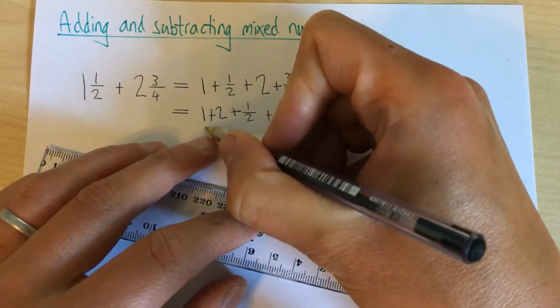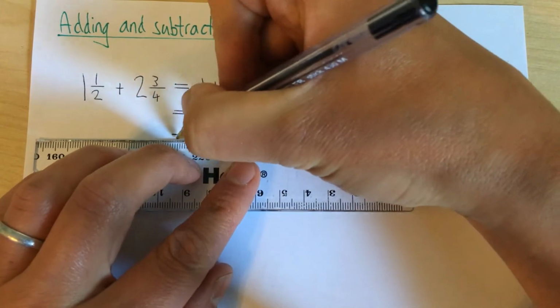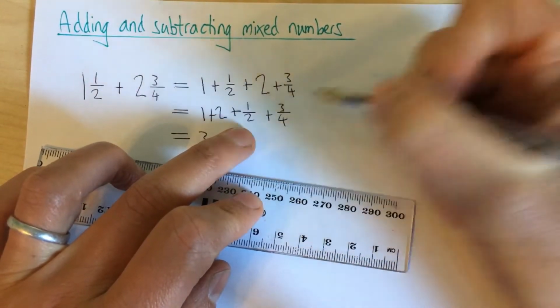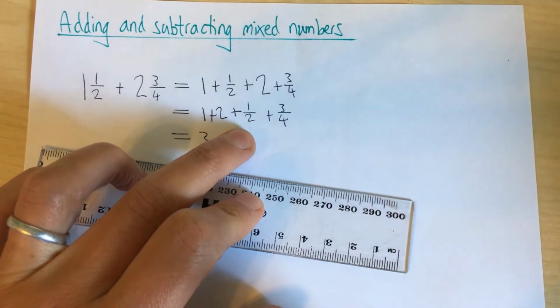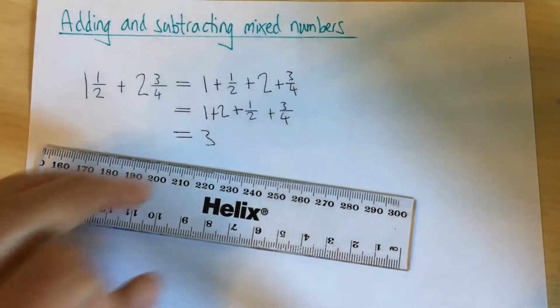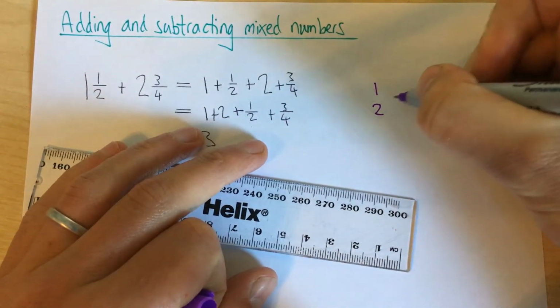So 1 plus 2 is clearly 3. So if I can work out what 1/2 plus 3/4 is, I am sorted. Let's do that over here. 1/2 plus